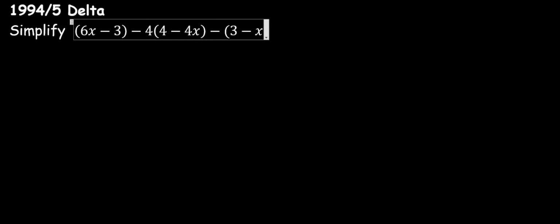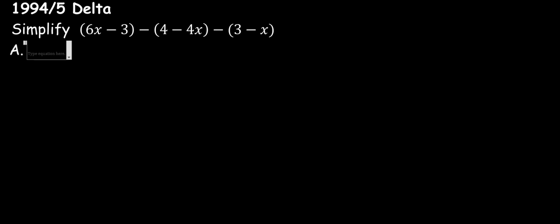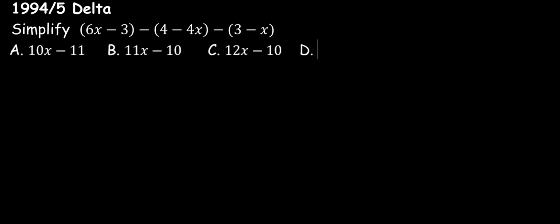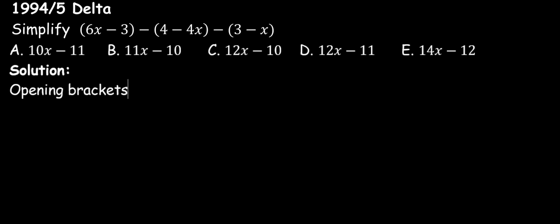Simplify (6x − 3) − (4 − 4x) − (3 − x). The options are given: A, 10x − 11; B, 11x − 10; C, 12x − 10; D, 12x − 11; E, 14x − 12. Solution. Opening brackets first, we have (6x − 3) − (4 − 4x) − (3 − x)